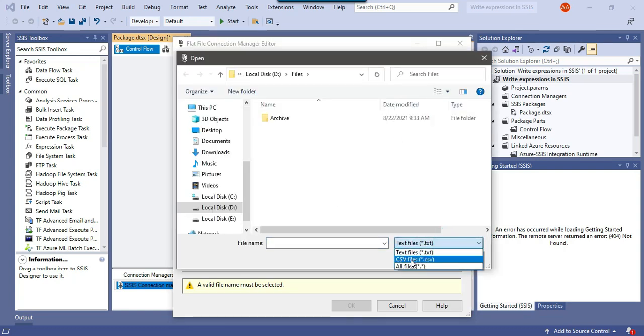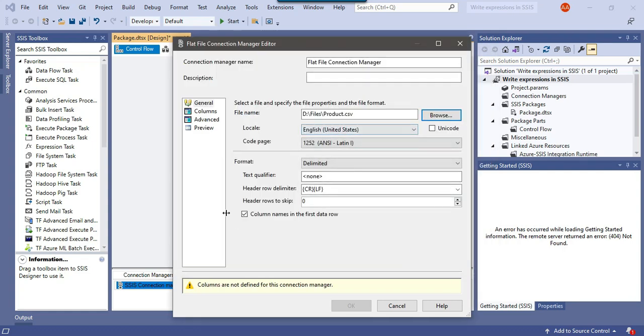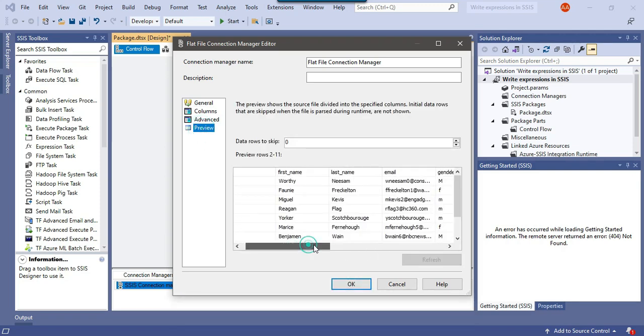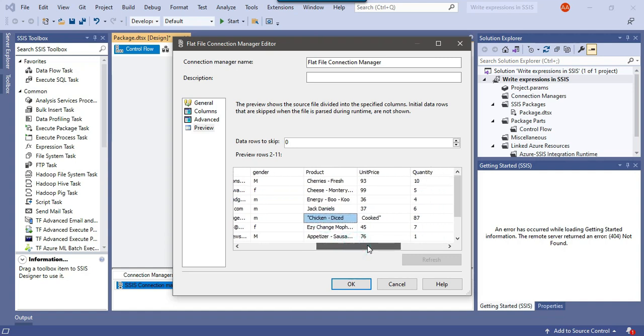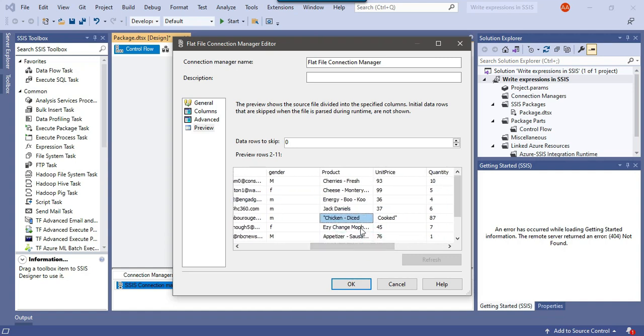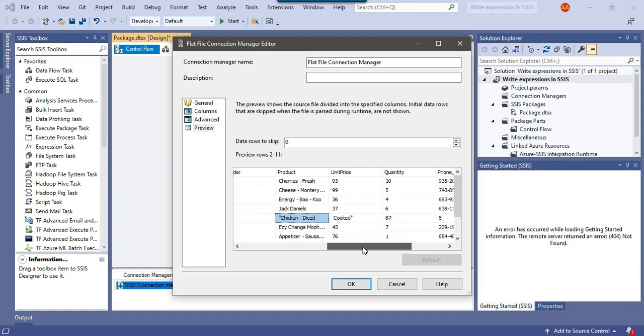Just change the file type to CSV, and this is the file, product.csv. If you preview the data here, you will see that up to gender it seems good, but after the gender, for example for product, there is a comma in the product name, so the product got moved to another column.